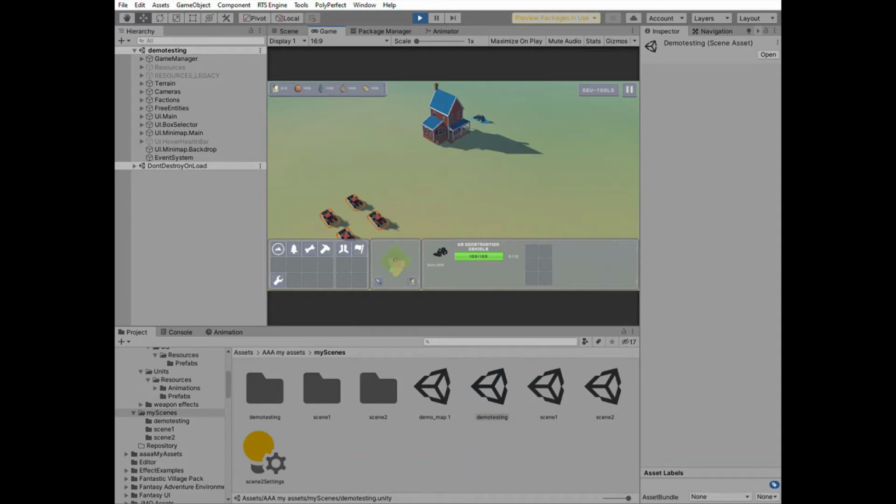Hi, this is my first attempt at doing any kind of tutorial, so bear with me. I wanted to try a tutorial about how to set up a scene, a very basic scene, in RTS Engine